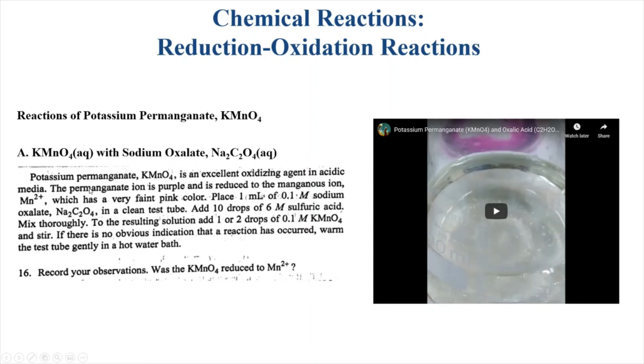So in this reaction of potassium permanganate with sodium oxalate, it tells you in the book that we should get a reaction that leads to Mn2+, which has a faint pink color. Now, it turns out in real life, it's very, very difficult to see that faint pink color. In lab, we tend not to see it. And actually, the video that I'm going to show you is a perfect representation of what happens when you do